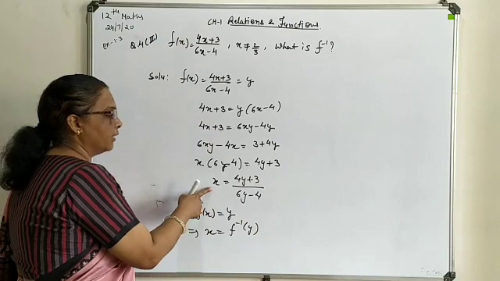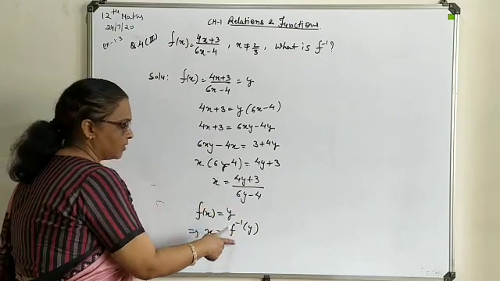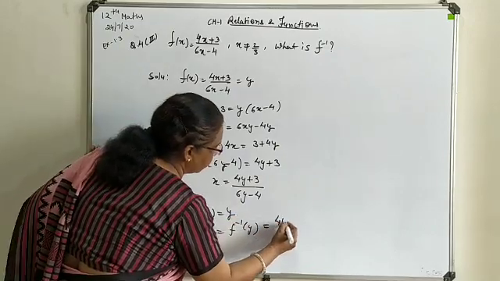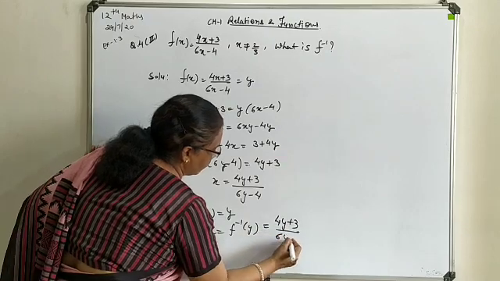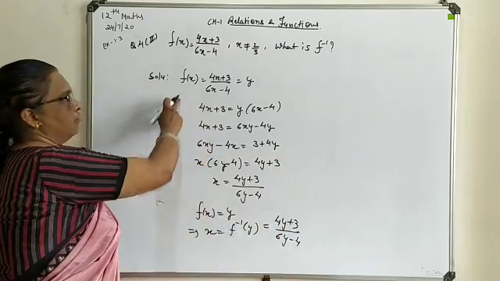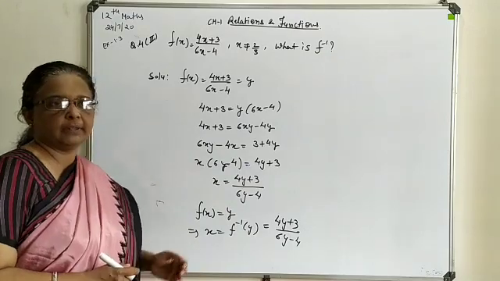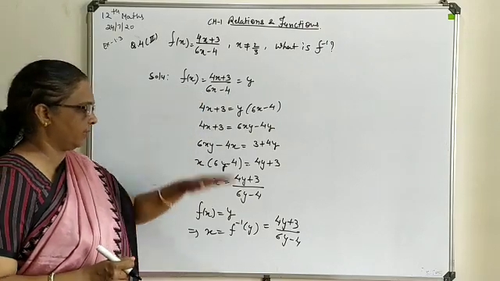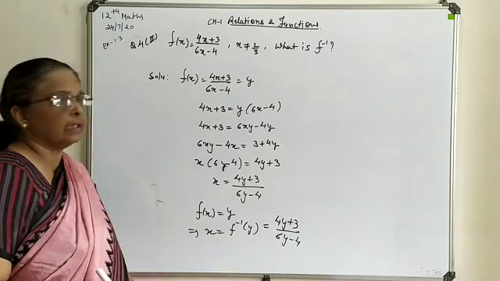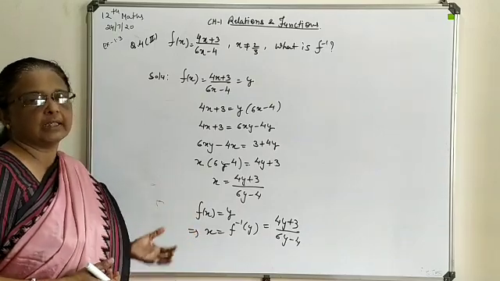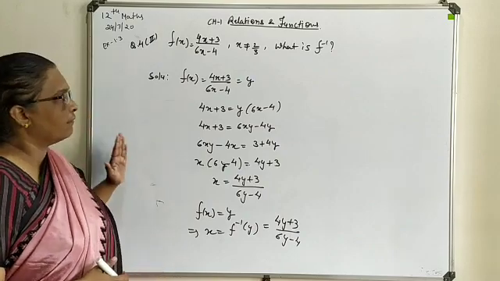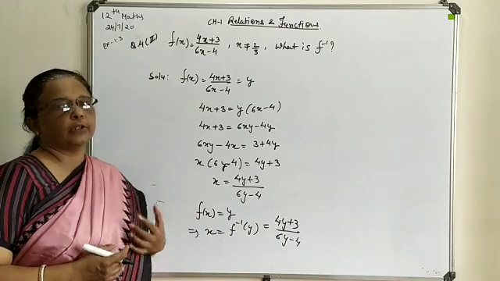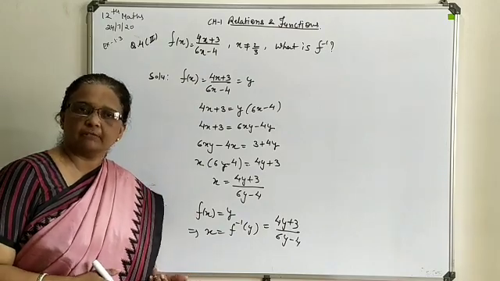So you can say that the x you have evaluated in terms of y is only the f inverse of the given one. So f inverse of y, if you write, this will give you (4y + 3)/(6y - 4). If you compare the whole expression with the given function, you will find only the variable is changed. In place of y you are having x, or you can say in the main function in place of x you have generated y. So you can say that f inverse of the given function is the function itself. So when your composition with itself comes back as the given function form, at that time you can conclude that the inverse will also be the same as the given function form.